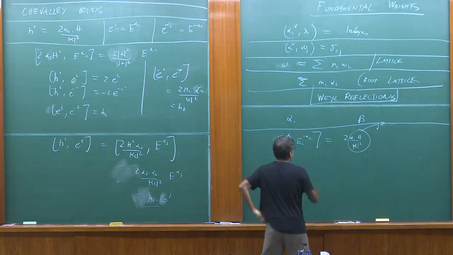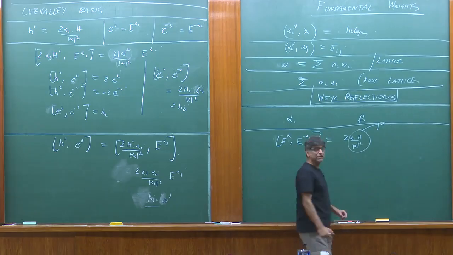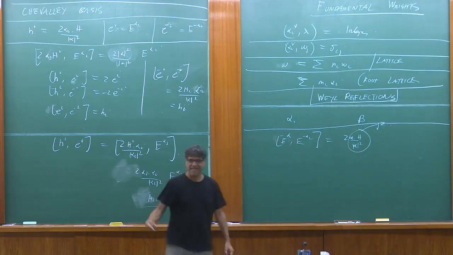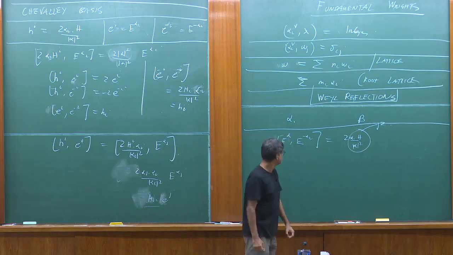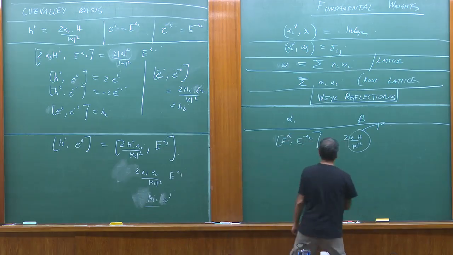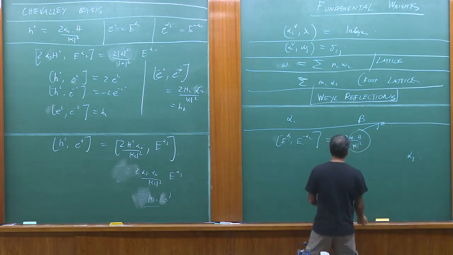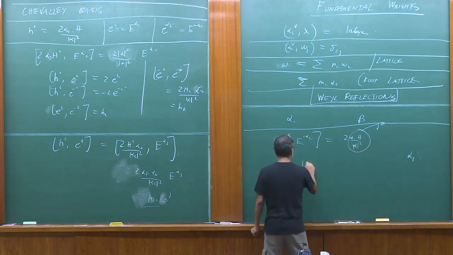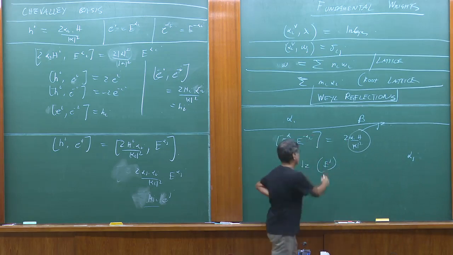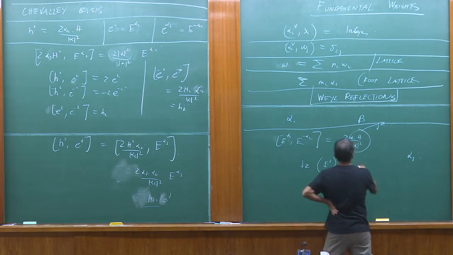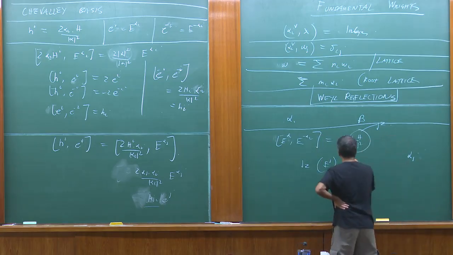Great. So now let's find what the value of Jz is for E_alpha_j. Clearly the value of Jz for E_alpha_j is just the weight of E_alpha_j, so that's equal to